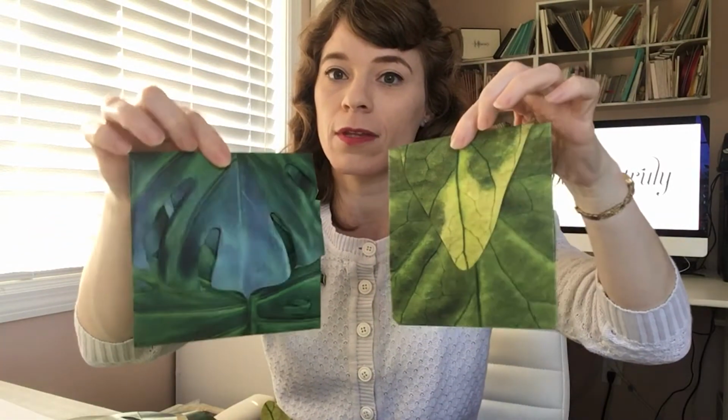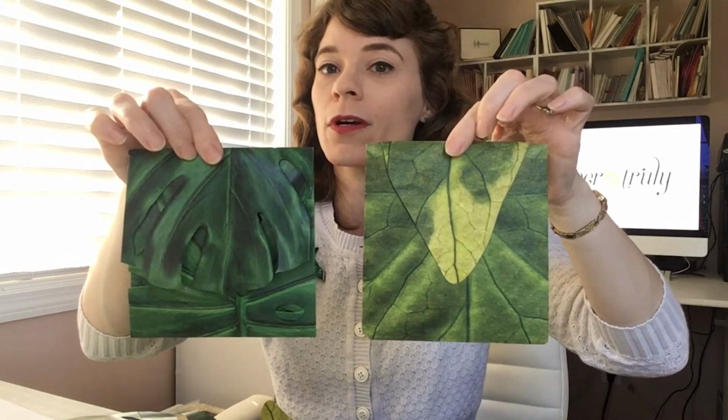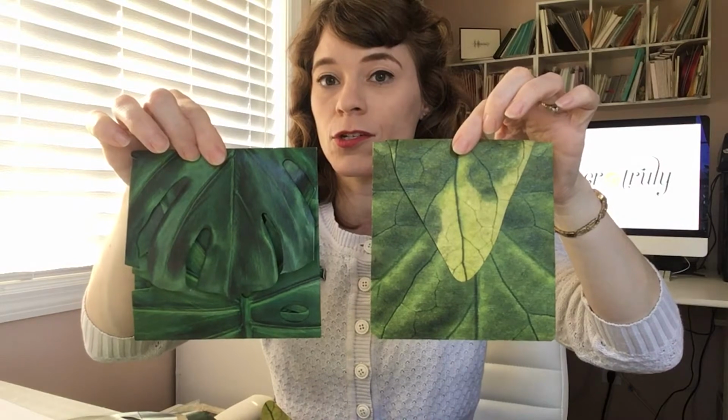This tutorial will show you how to fold our leaf inner envelopes, such as our Monstera tropical leaf envelope and our Tolkien Mallorn leaf inner envelope, for which I've worn my little Mallorn leaf brooch because we really love Tolkien around here. This unique inner envelope folds to hold 5-inch square cards. This is what they look like folded, and they will fit inside of a 5 3/4 or a 6-inch square